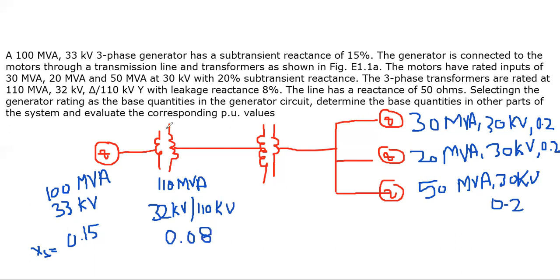Okay. Please remember that, as can be seen from the diagram, this is a step up transformer and this is a step down transformer. The rating of both the transformers is the same. Okay, and the leakage reactance is also the same for both the transformers. Okay, now the reactance of the line is also given as 50 ohms. So this line reactance they have also given as 50 ohms. Now this is an important point.